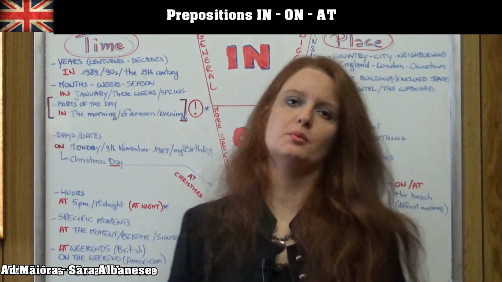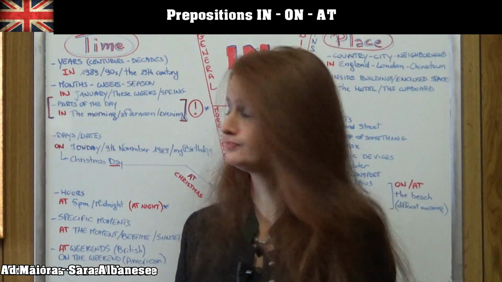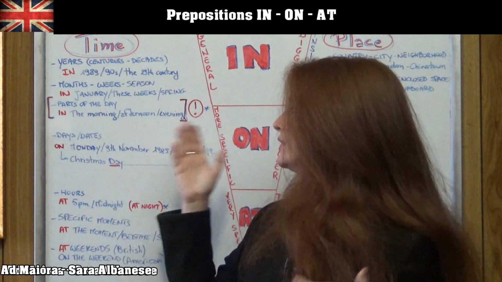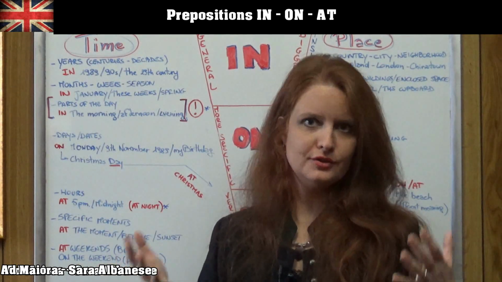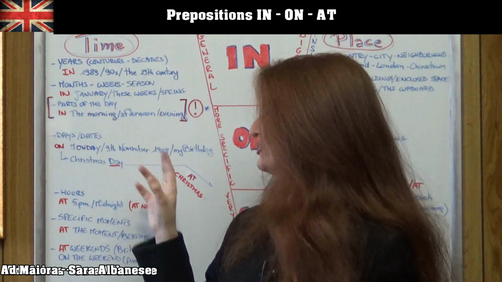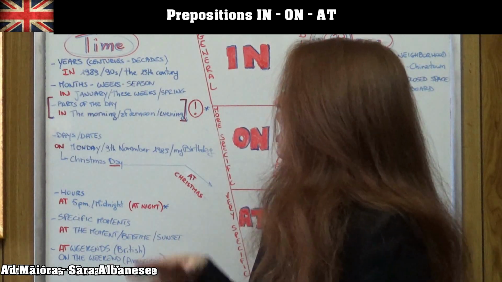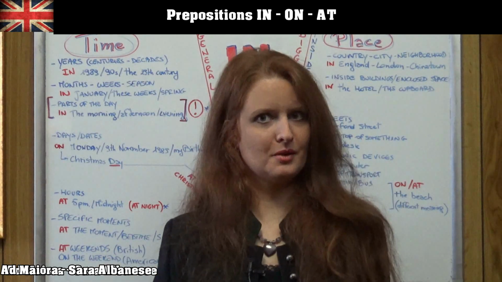So, days, for example, the days of the week, on Monday and Tuesday and Wednesday and Thursday, etc. But also dates, on the 9th of November 1989. Again, if you don't remember dates, go back to the video about dates, so you can find the British and the American versions of dates. Or again, a specific day like my birthday, for example,